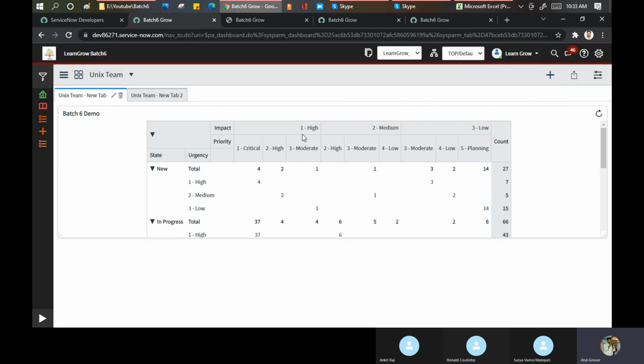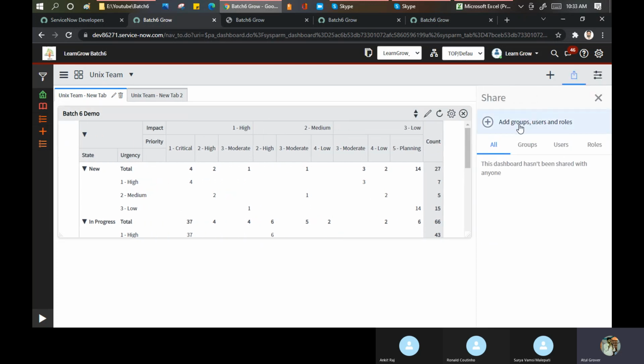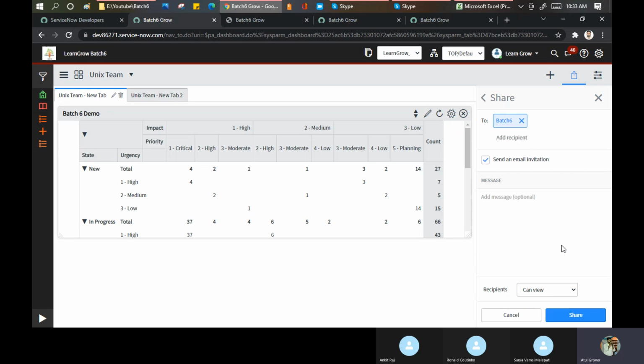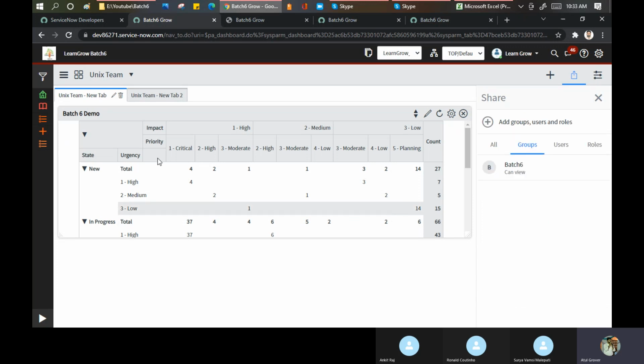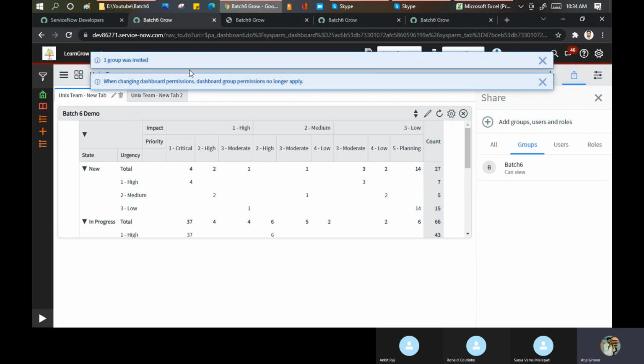The good point in dashboard is that if you share, click on this. Any group, user, all, I say I want to share with the group. And I click on the plus. What group? Batch 6. This one. And now you can see in the bottom, these represent only can view or can edit. बॉस सभी के सभी व्यू कर पाएंगे, एडिट कोई नहीं कर पाएगा. Click here, share. Now this dashboard will be visible to all the people who belong to this particular group.